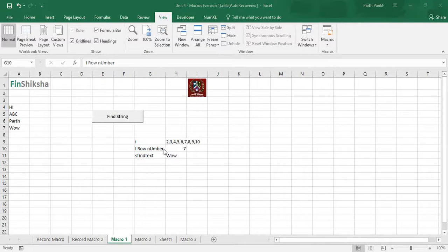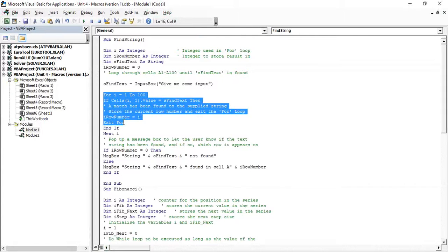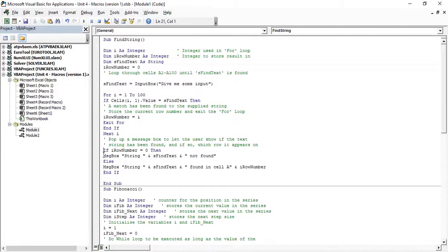So that's how it will take I row number is I. So I've assigned the value of I to a different variable and then exit. Once I exit, it will directly move out of this particular if and for loop, and I will directly move to this.